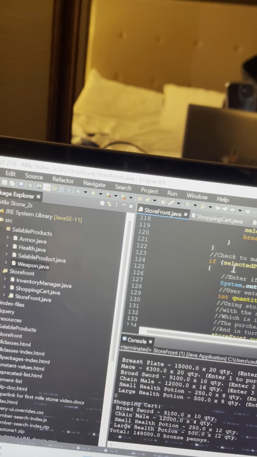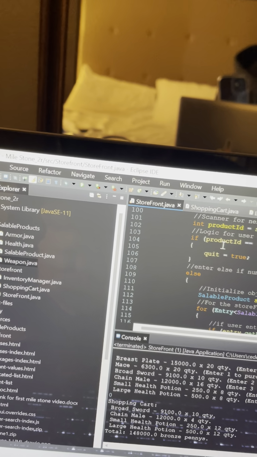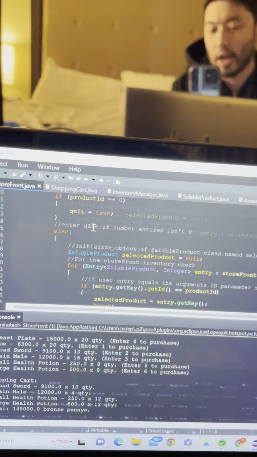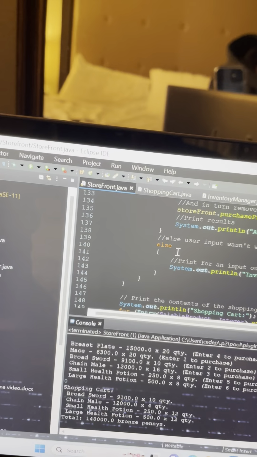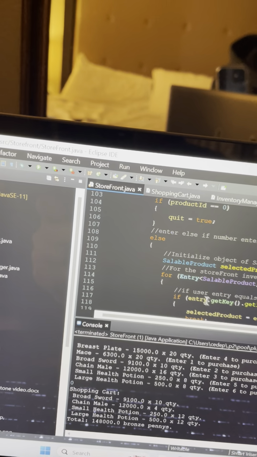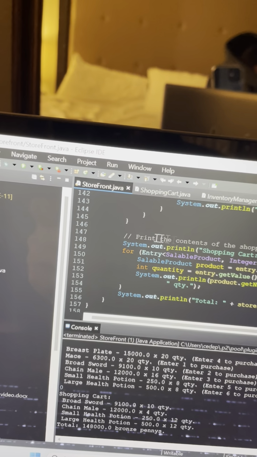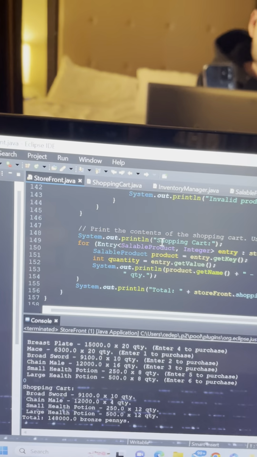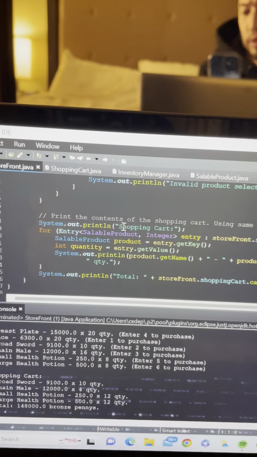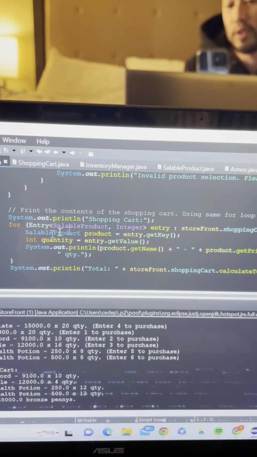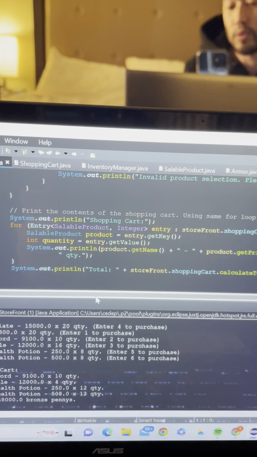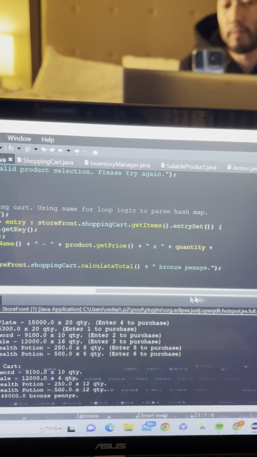Otherwise, it would have been 0, so then it would have had to quit and ring out, because the next part after you exit this for loop is checking the contents of the shopping cart, because once you hit 0 you're supposed to get a tab out. So then we use the parse for searching the inventory of the actual hash map,